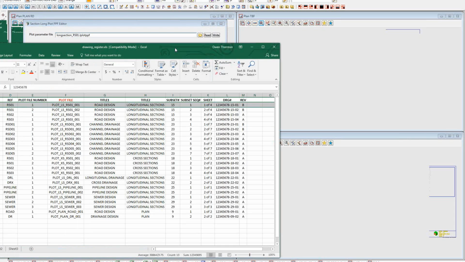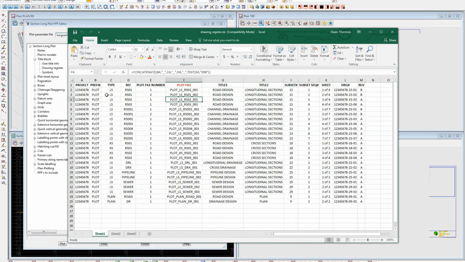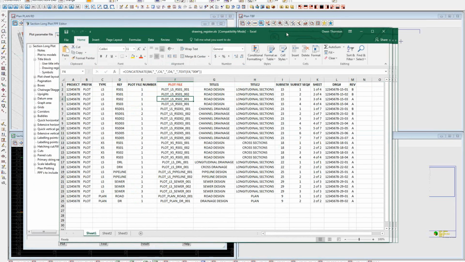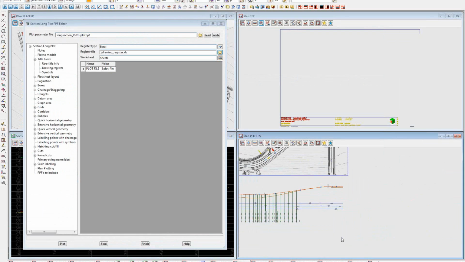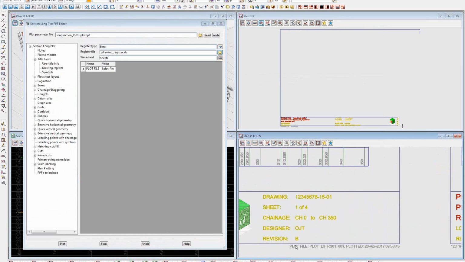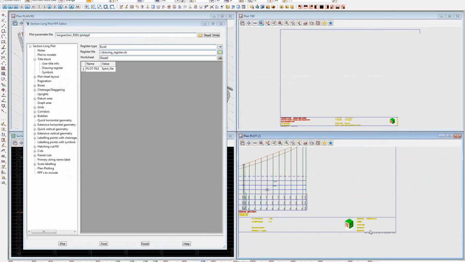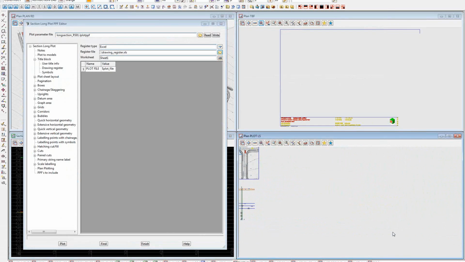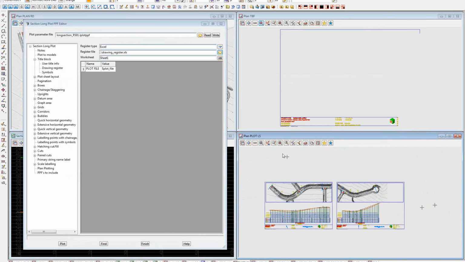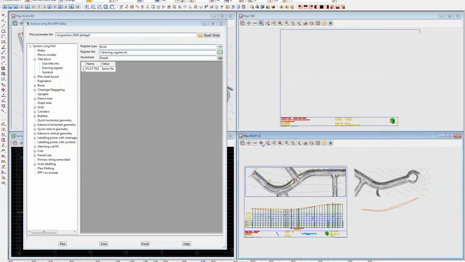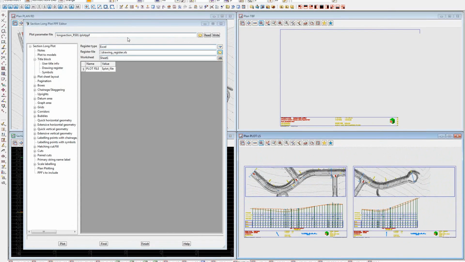and I'll just click open there, Excel will open up, and here's my drawing register here, and it looks almost identical to the one we saw before. It's just a slight difference. But looking at my plot down here that I've already produced before, I can see that they've both got revision B showing up from the drawing register. So just by way of demonstration,